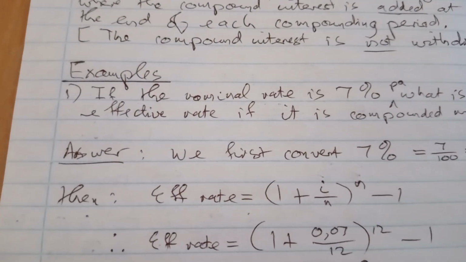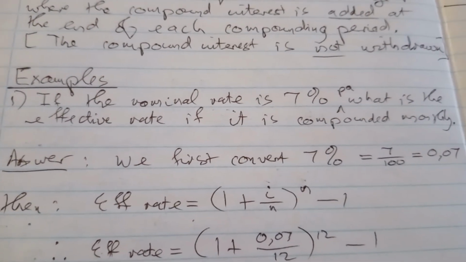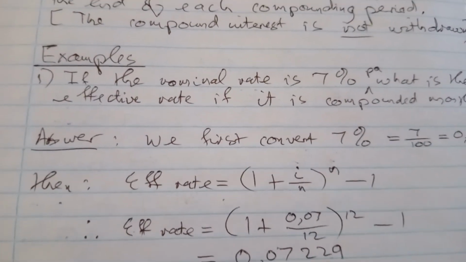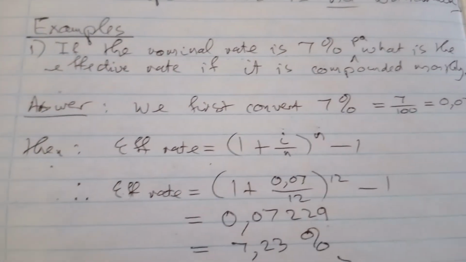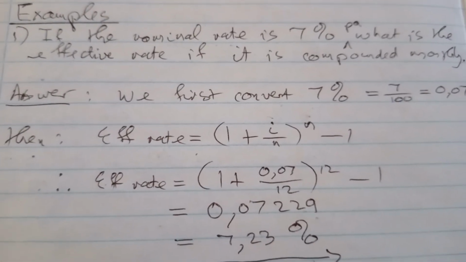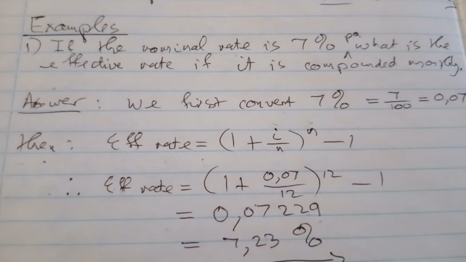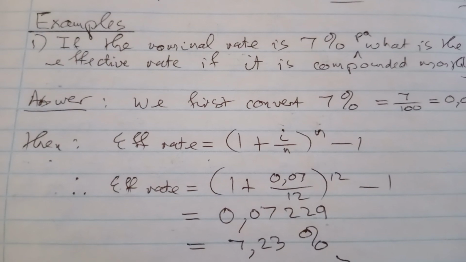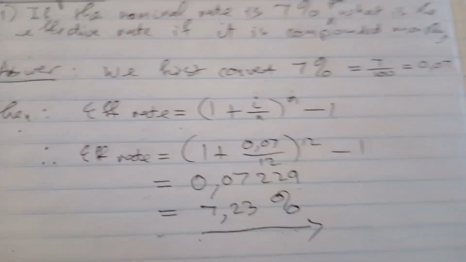Number one, if the nominal rate is 7% per annum, what is the effective rate if it is compounded monthly? So in our answer, we first convert 7%. 7 divided by 100 gives us 0.07. And then the formula for the effective rate is (1 plus the nominal interest rate divided by the compounding period, which is n) raised to the power of n, which would be the number of compounding periods for the year, minus 1. So in this case, the effective rate is equal to (1 plus 0.07 divided by 12)